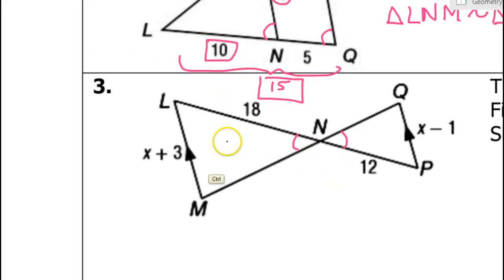Okay, oh, we're given parallel lines. I was looking for more information. I see now. See these arrows? These arrows mean that the lines are parallel. So we're going to use that to our advantage for sure. So if this line is parallel to this line,